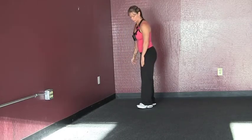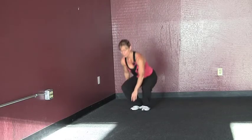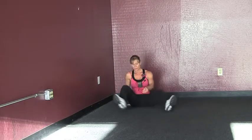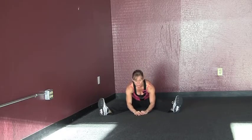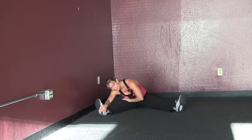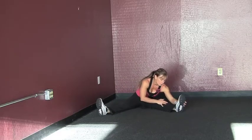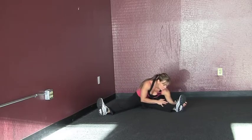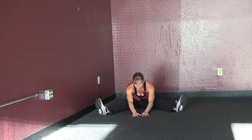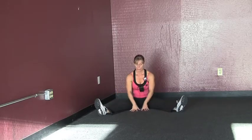To stretch the back part, you can either do that, like we did in the beginning. You can sit on the floor and stretch this way. You can stretch from side to side. That'll stretch it a little bit more. Stretching forward kind of gets a little bit of the inner thigh. And just remember, whenever you stretch, not to hold your breath, but you have to breathe